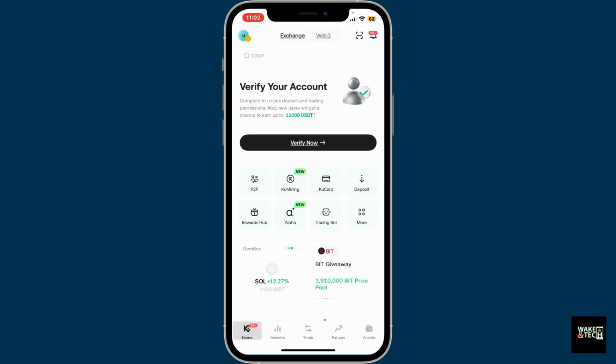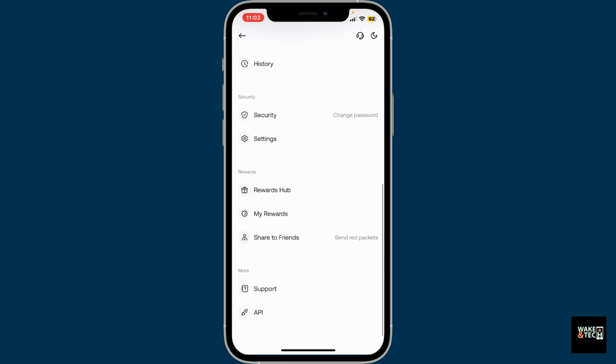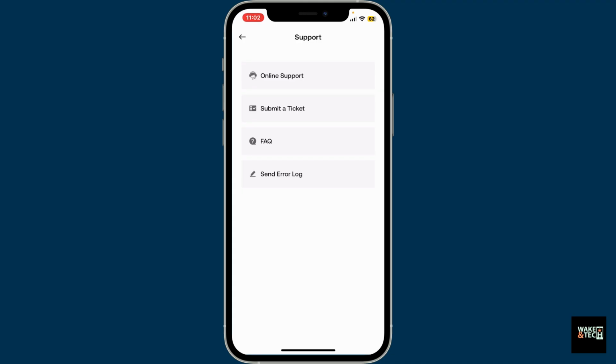First of all, open the KuCoin application on your device and make sure that you're logged in. From the home page, go to the top left corner and tap on your profile picture or your initial. Now, from the menu that appears on the screen, scroll all the way down under More and tap on Support. Under the support page, you can go ahead and get online support help, submit a ticket, go through FAQs, or